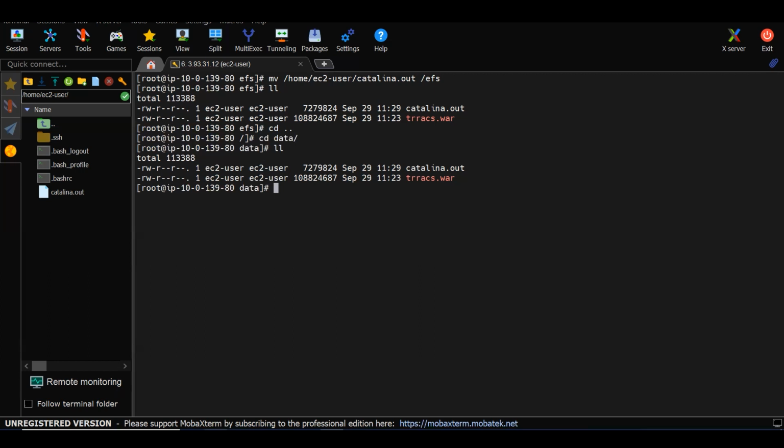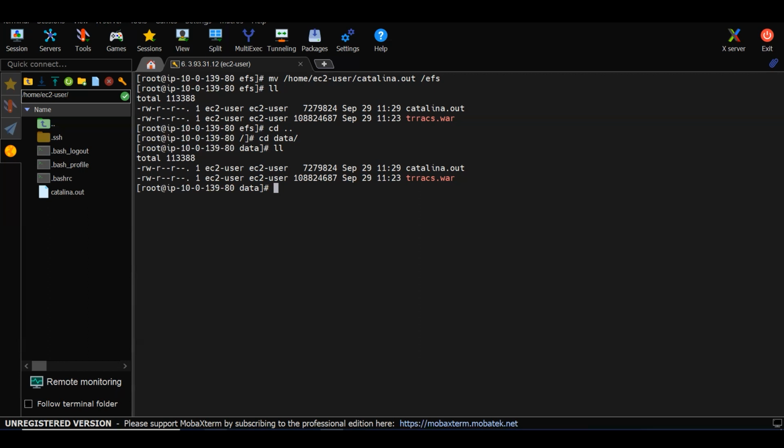Like a single point, we can connect it to two servers. Whenever I'm on this server, I will copy whatever files I require. If I am on that server, whatever files I require from that mount point, I will copy. Got it. That's why I created two mount points here itself.